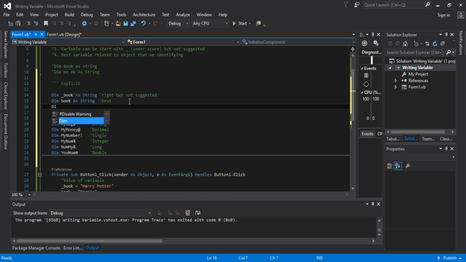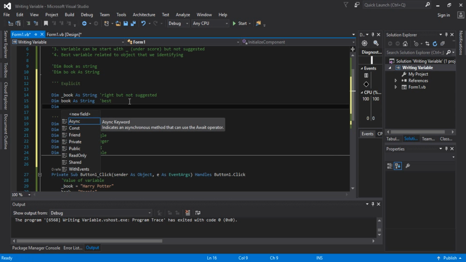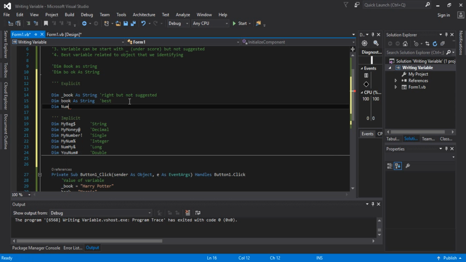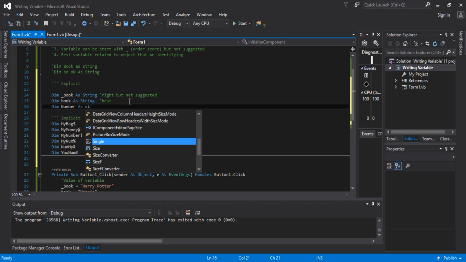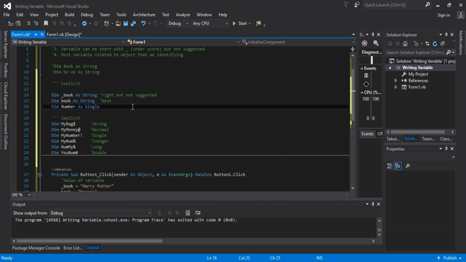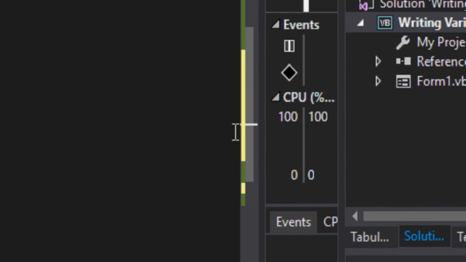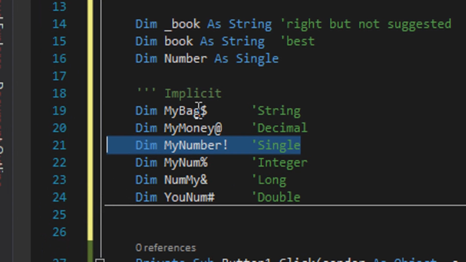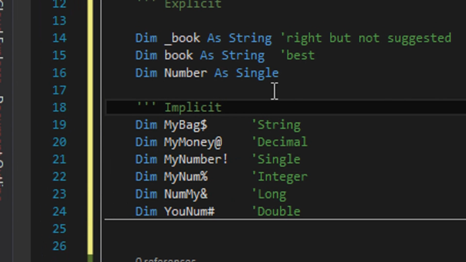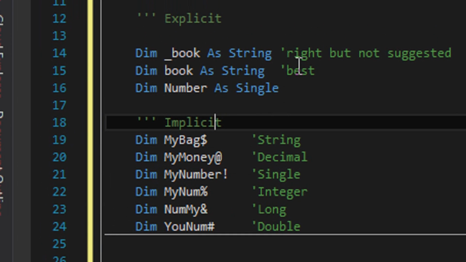Okay, in the explicit method, we can use like this, number as single. But you can see the difference: if you are using the explicit method like this, but if you want to use the implicit method, you can do it like this. Okay, I zoom in for the difference. Okay guys,